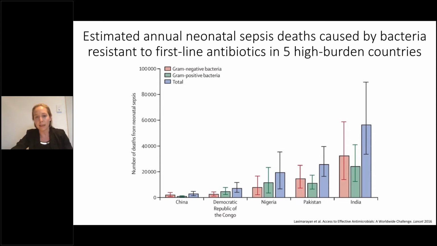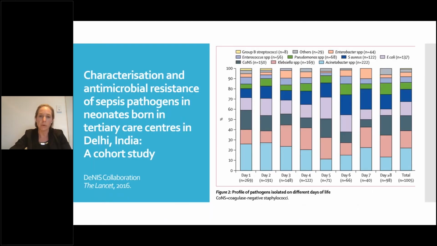And the other really interesting thing that this publication revealed was that across these high-burden countries that are documented here, gram-negative bacteria, which are reflected in the red graphs here, are responsible for a large number of deaths, and in many settings are actually outweighing the gram-positive bacteria that can cause neonatal sepsis. So historically, we always used to think of neonatal sepsis as being caused predominantly by organisms such as group B streptococci, but we're now seeing gram-negative organisms like E. coli and Klebsiella species causing a huge burden in neonatal sepsis, and that's certainly got an increasing burden with the emergence of antimicrobial resistance, which are really implicated in these gram-negative organisms.